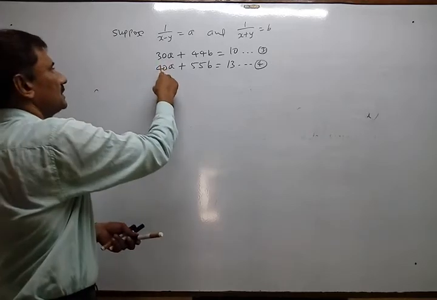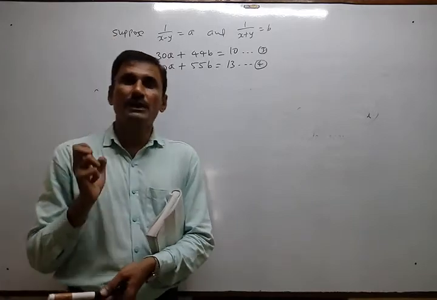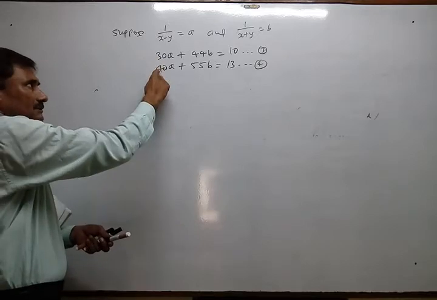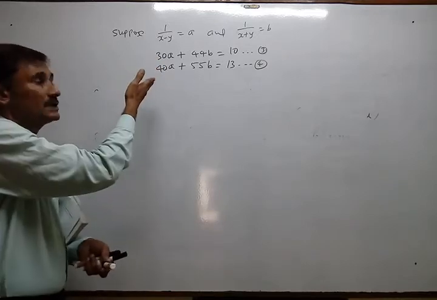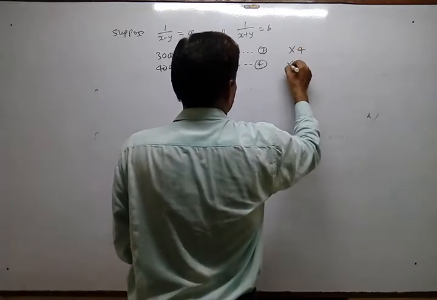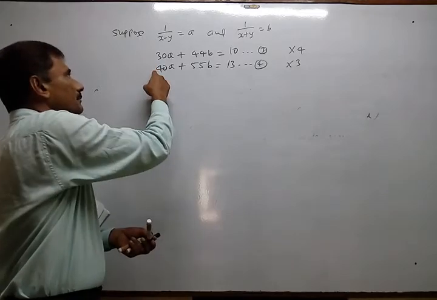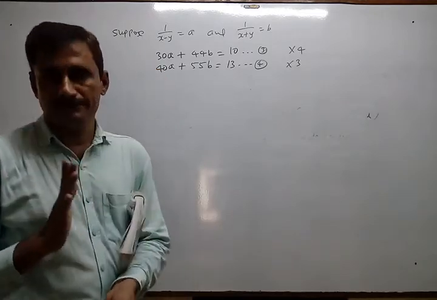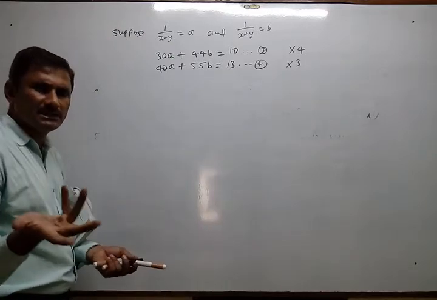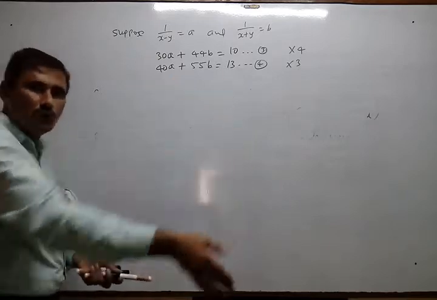So it is simple because the LCM of 30 and 40 is 120. We are planning to get the LCM of both numbers. Do not multiply the first one by 14 and the second one by 30, because it becomes so big a number. Okay, so I just multiply the first by 4 and the second by 5. I want to get the LCM at both places. LCM of 30 and 40 is 120. LCM is nothing but the least common multiple, the number which can be obtained from both numbers.